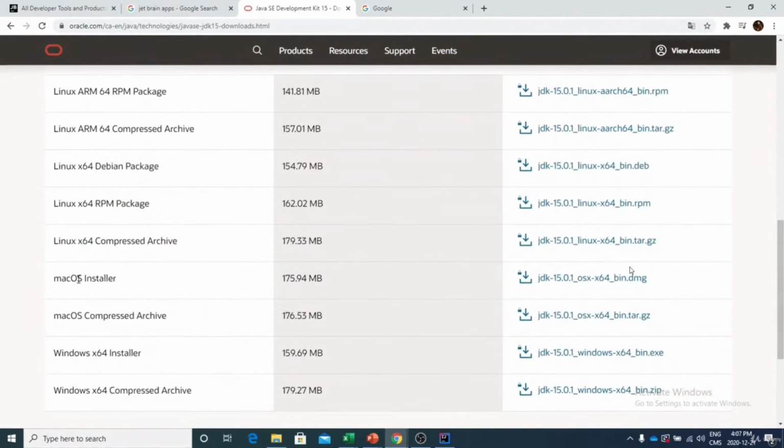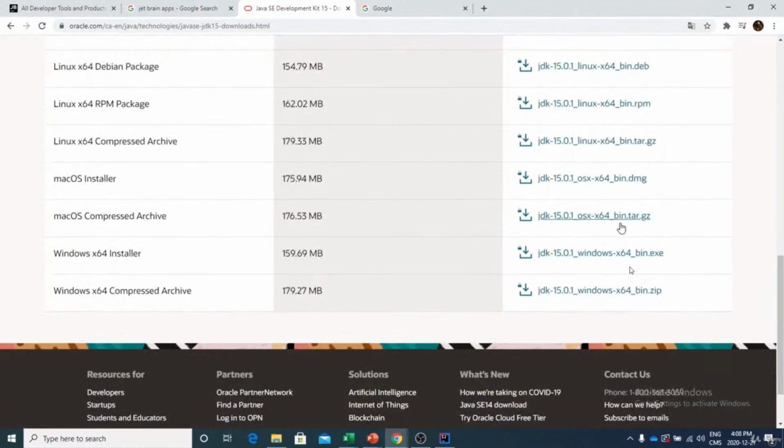From this moment, you will have different options. If you're on a Mac, it's going to be one of those. If you're on Linux, you will have to choose one of those packages. Me, personally, I have Windows, so I'm going to choose this one right there. I'm not going to download it since I already have it, but it's pretty simple. You just download it, click next, next, next, and it will automatically be installed on